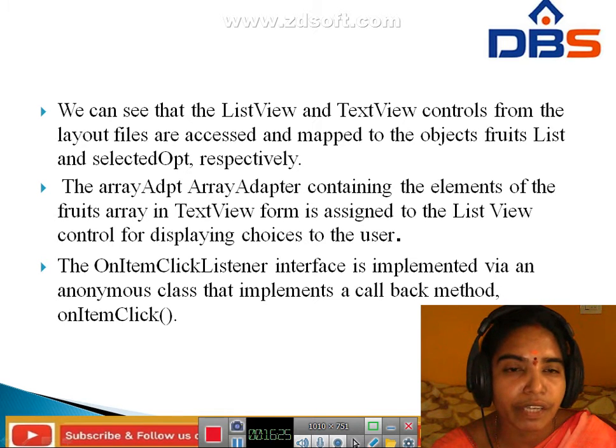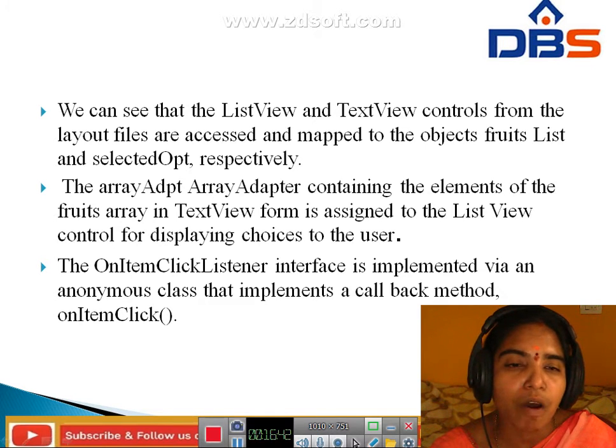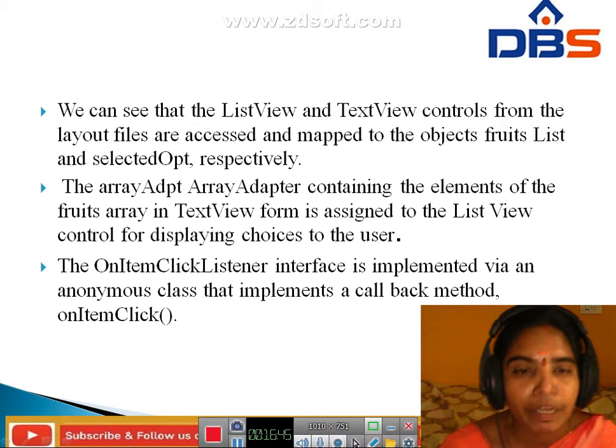Next point is the on item click listener. This interface is implemented through an anonymous class. It implements a callback method. What is the callback method? It means the on item click method.